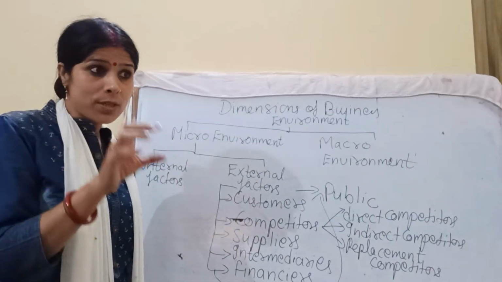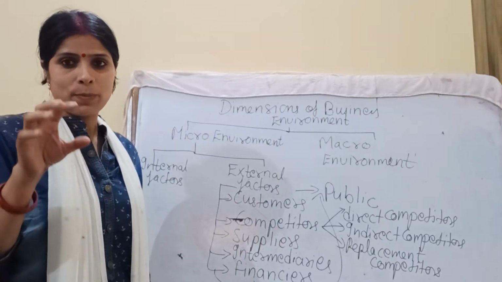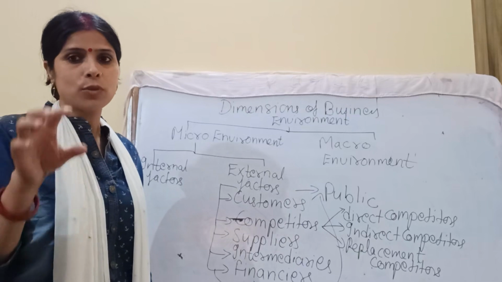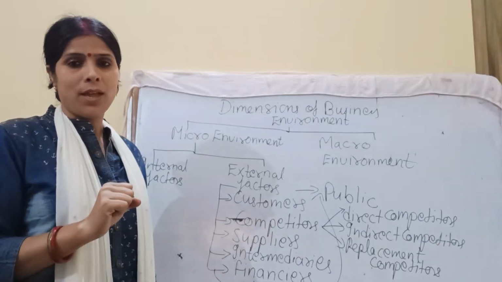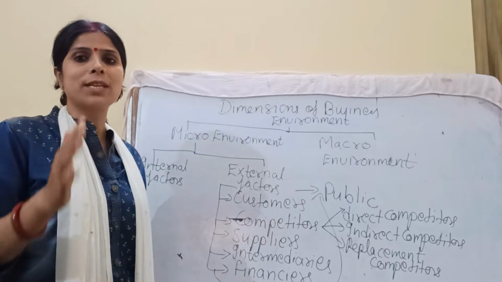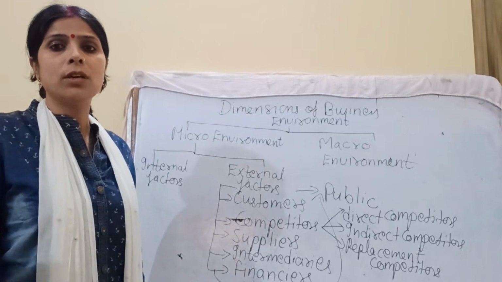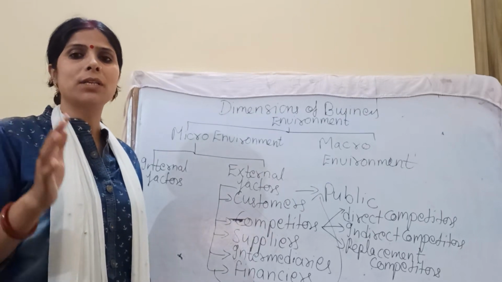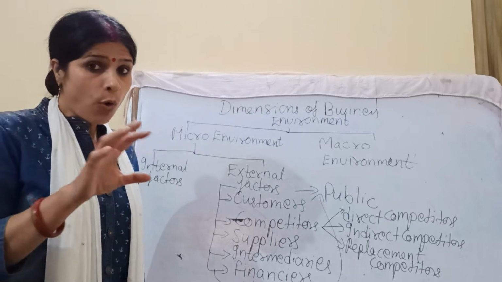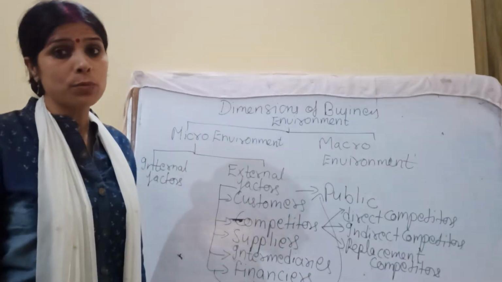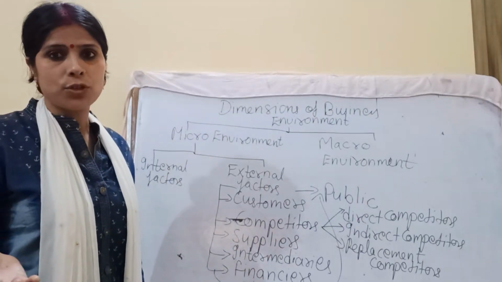They are responsive to the needs of the customers, and they are meeting the aspirations of the customers. They are understanding them. They are following the rules and regulations of the government. They are paying their taxes on time. They are following the rules and regulations of the Environmental and Pollution Control Board. They are following all these things. They are satisfying the customers. They have better working conditions in their business organization.